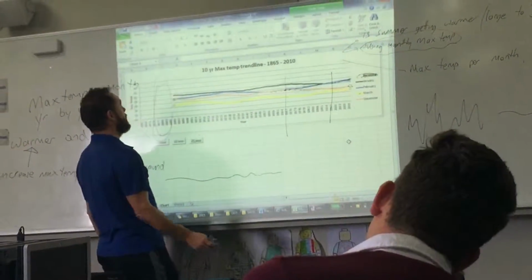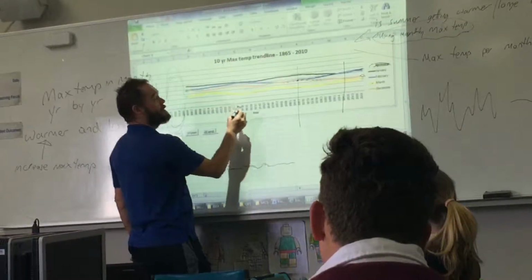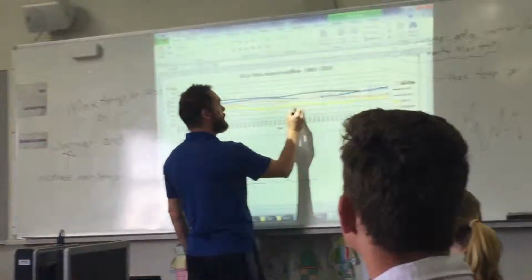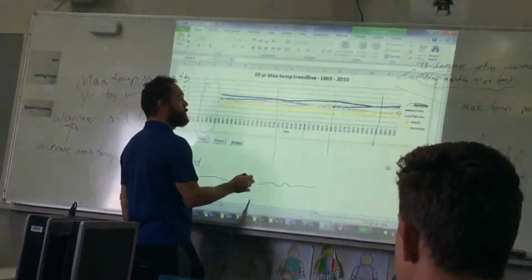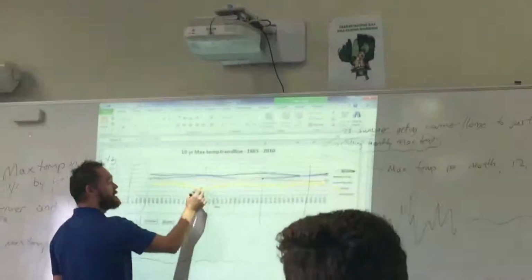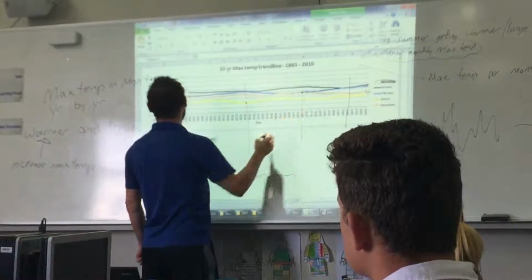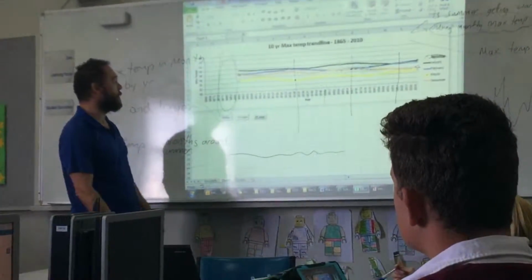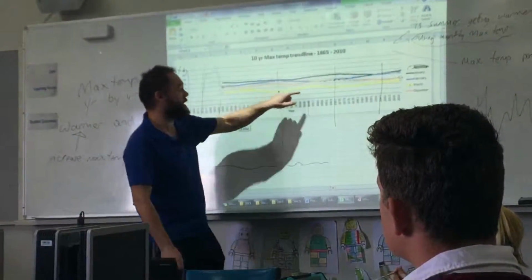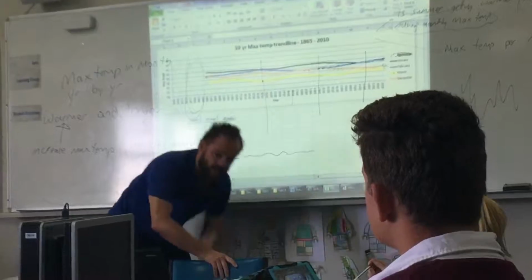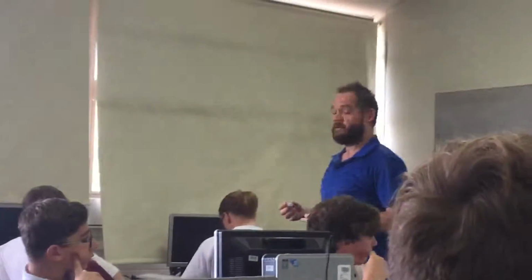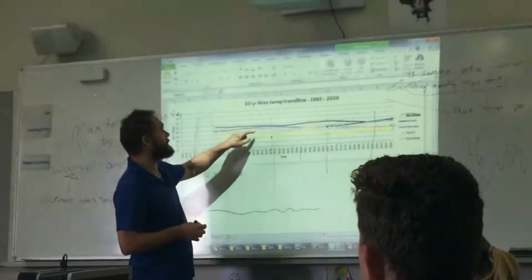And March has sort of stayed the same. Sort of gone up a bit from this point, down a bit from this point. From that point there, 1928, it's roughly gone up a little bit, but only by a degree, 34 average to 35 average from here to here. So these are all sorts of things that the graph's got to show in order for you to put your information out. Now, if I've summarised all that, I would say